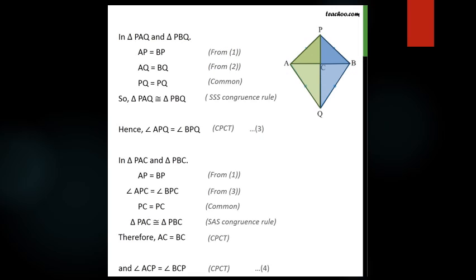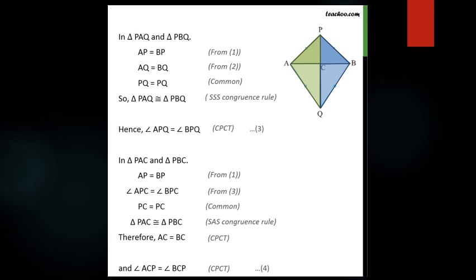For proof, first of all, we have to select the triangles which will have the angles which we need. We need which two triangles? PAQ and PBQ. Now try to connect both the triangles with what is given to us. What is given? AP equals BP as it is equidistant. AQ equals BQ, again equidistant. PQ equals PQ because it is common in both the triangles. Hence we can say that these two triangles are congruent by SSS congruence rule.